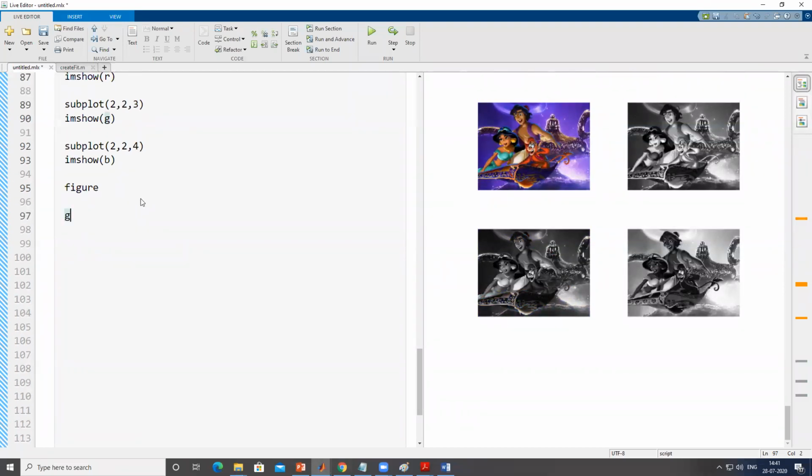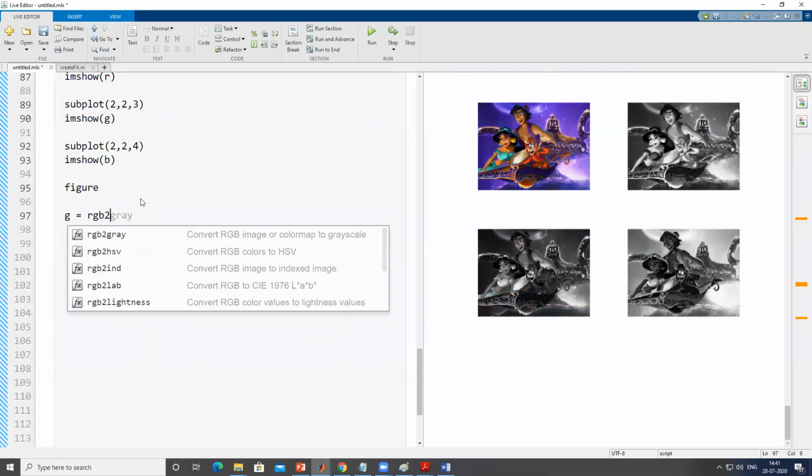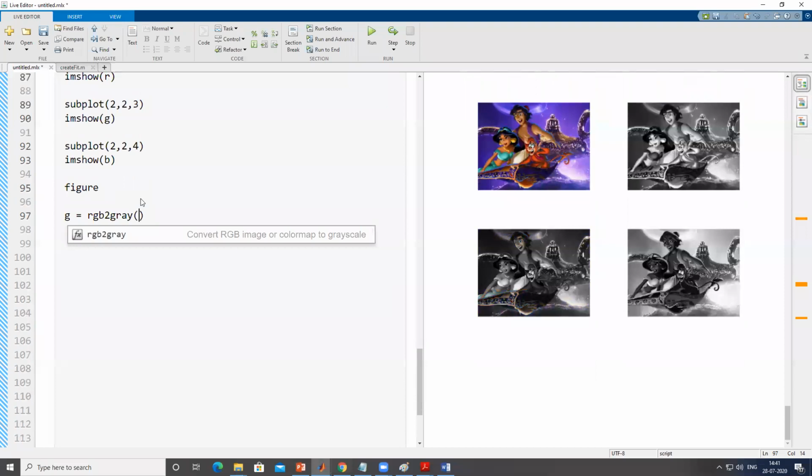So say G is equal to rgb2gray, and I'll pass A. It will convert any three-dimensional matrix, which has all the RGB layer information, into a two-dimensional complete black and white format.